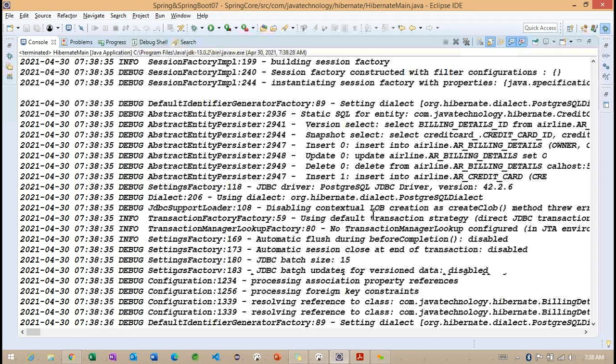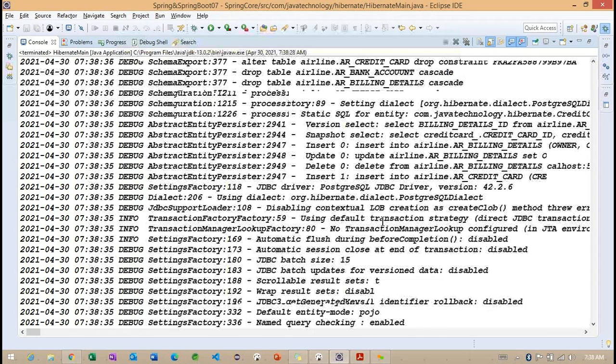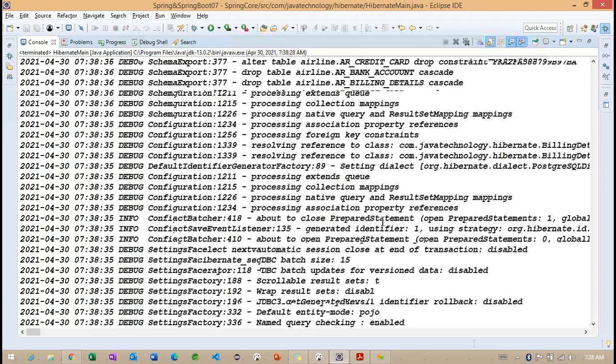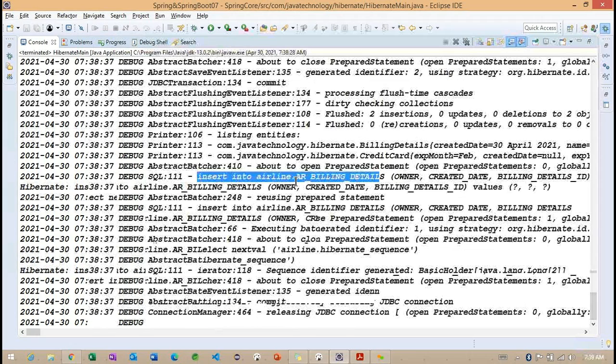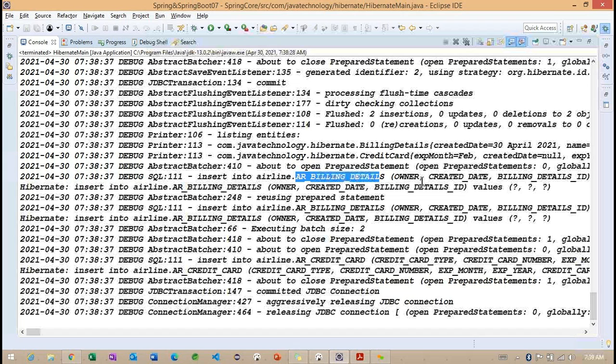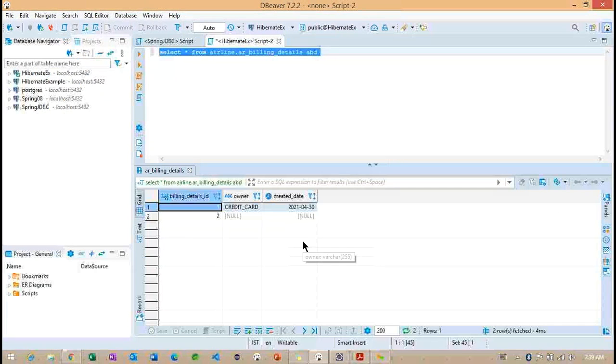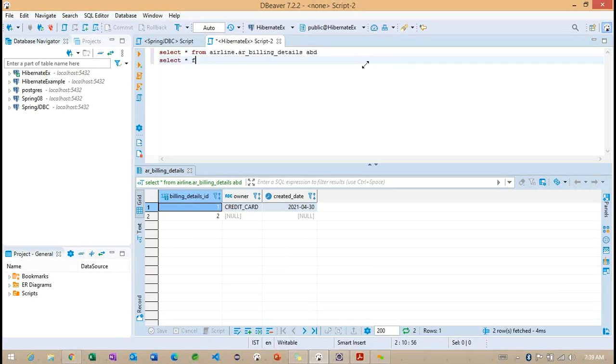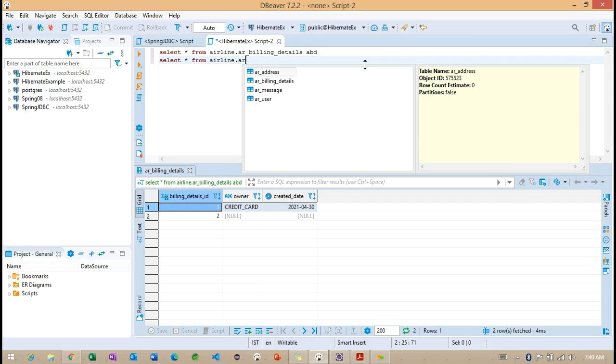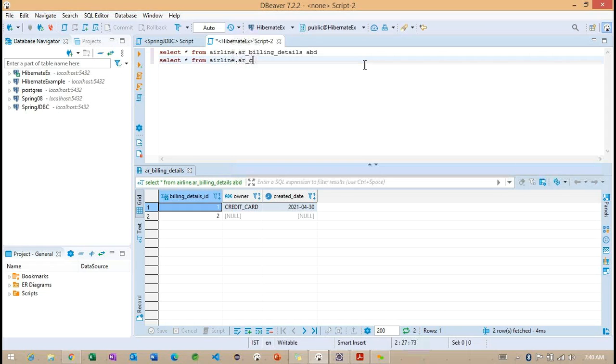Now you can understand here SID owner, why the, so we plan second record airline dot AR under credit card. What is the credit card?